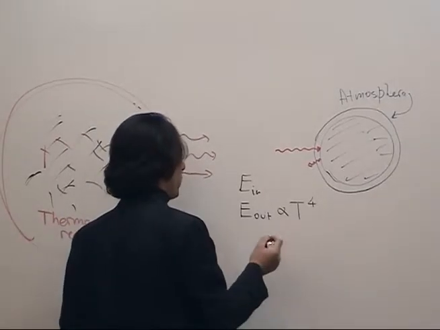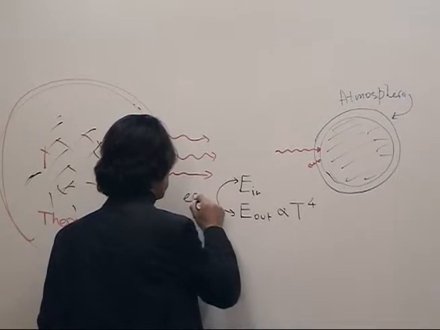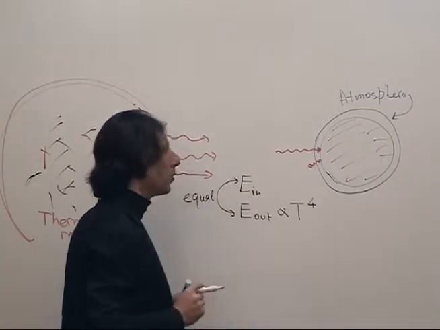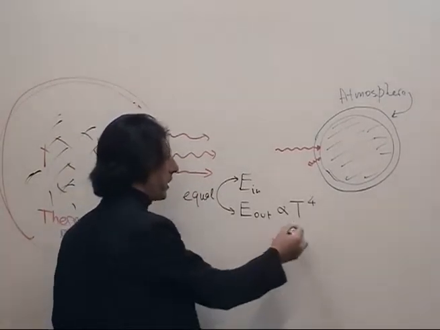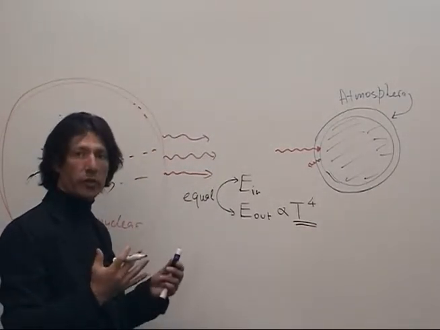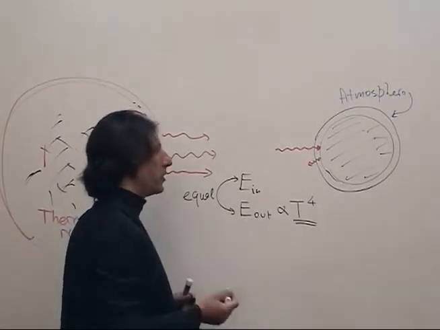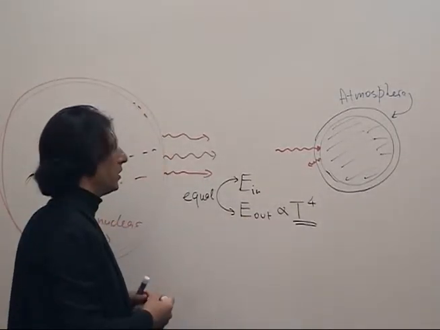By energy conservation, these two quantities must be equal in equilibrium, and that tells us that the Earth's temperature is adjusted automatically to compensate for this difference in the